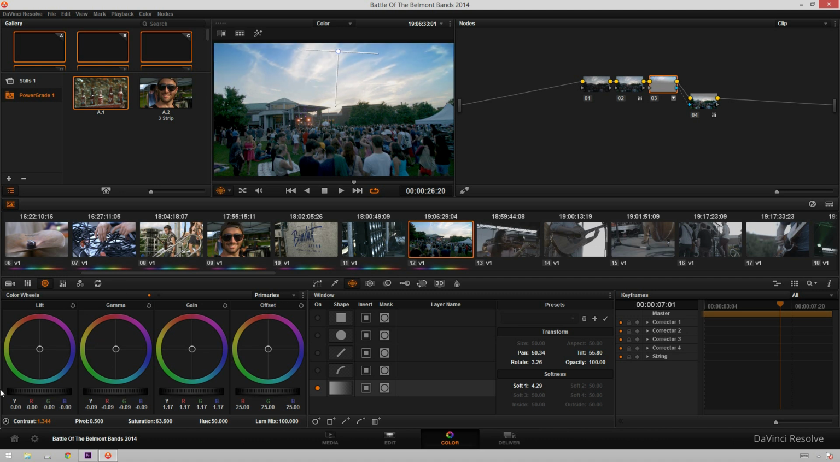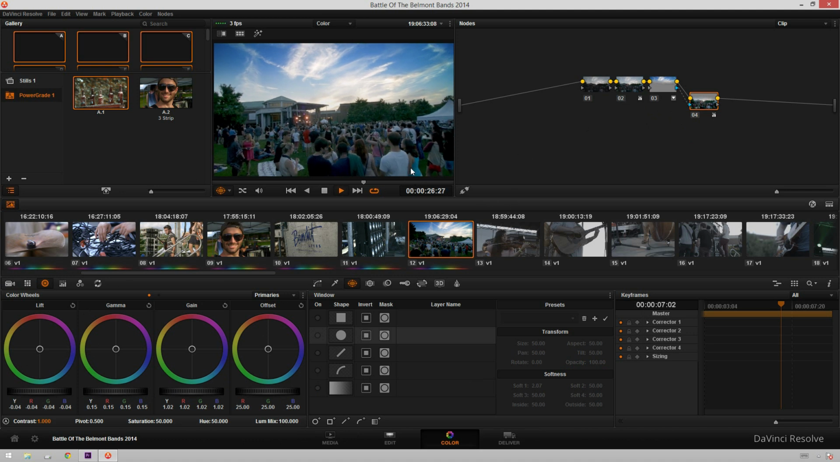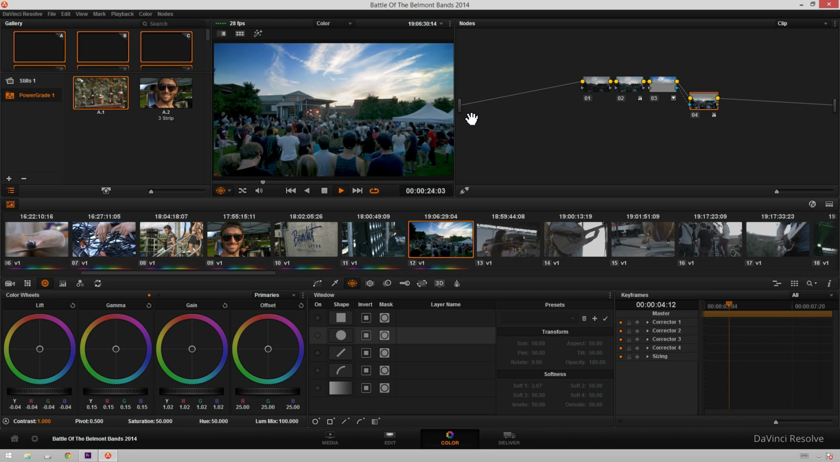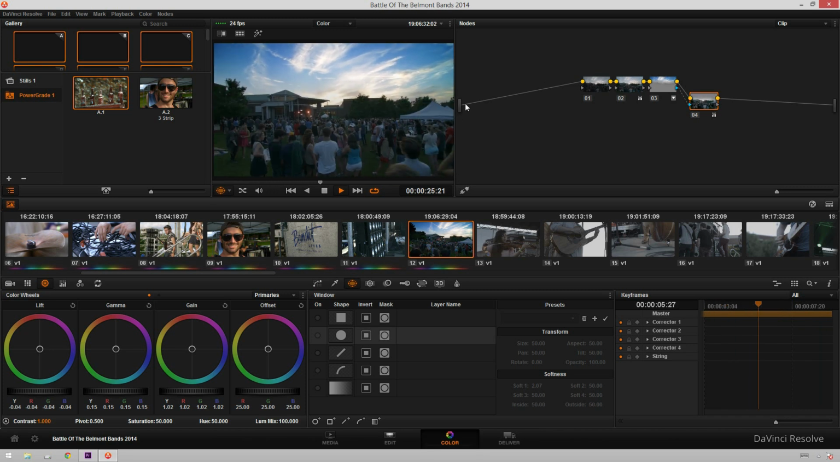Let's change that. Let's use the gamma instead. Cool. Let's make this stupid. Yeah, look how dumb that looks. It's great. I love it. So